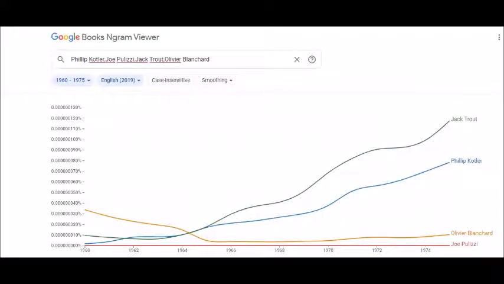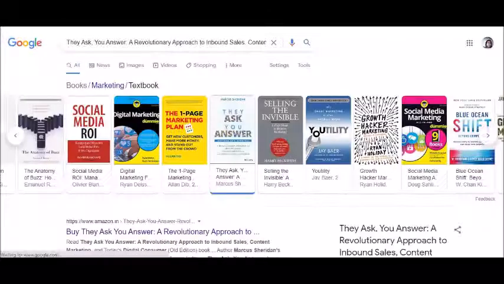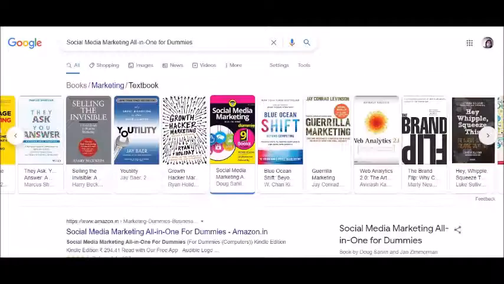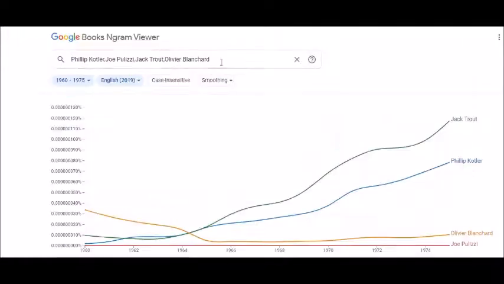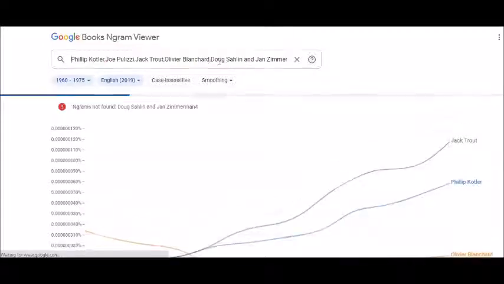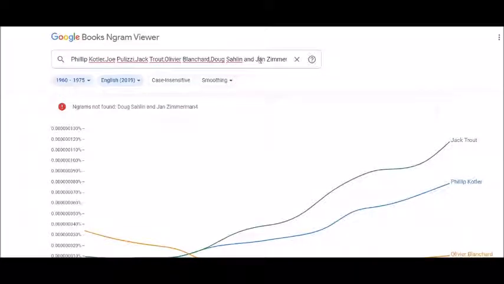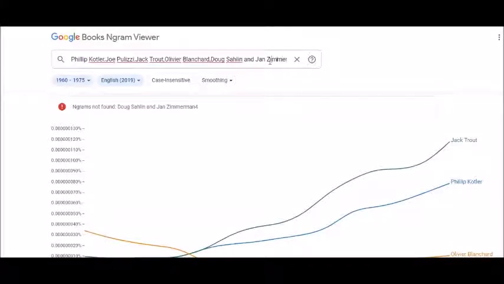Similarly, let's pick up a digital person. This is Olivier Blanchard. So let's go ahead now, comma, Olivier. Why I'm showcasing this to you is that you can keep on adding and you can see how the things are coming in for yourself. Now, this becomes very important. So, should I give importance to Philip Kotler, Jack Trout, Olivier Blanchard, and/or Joe Pulizzi? Now, it totally differs. If you want to add some more, please go ahead.